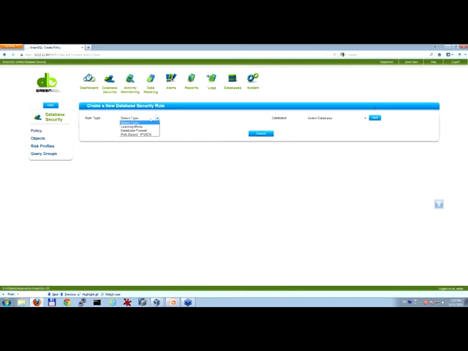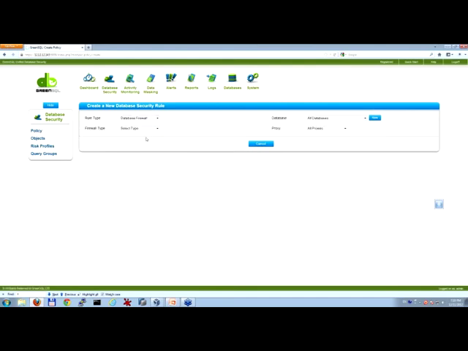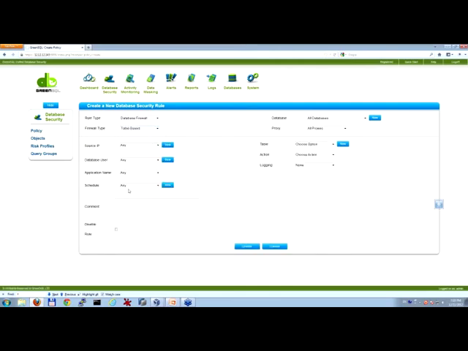Because when I create a database firewall rule, I have the option to enforce a specific source that is allowed to access my database, and where exactly inside my database. For example, just to show you how with two very basic rules I can increase my security by more than 80%.